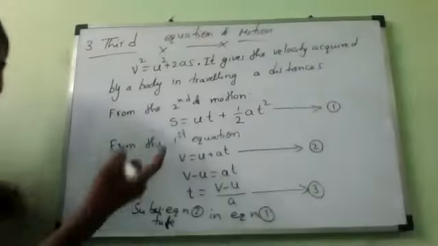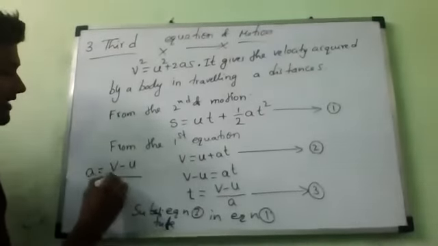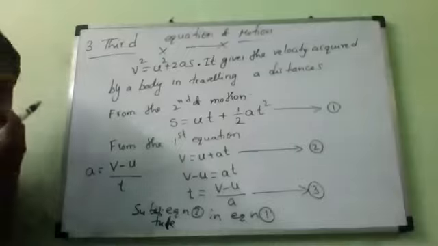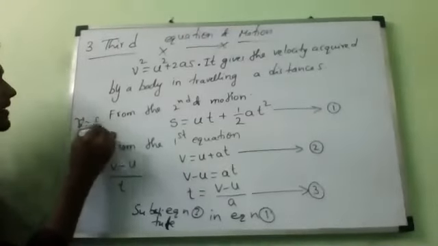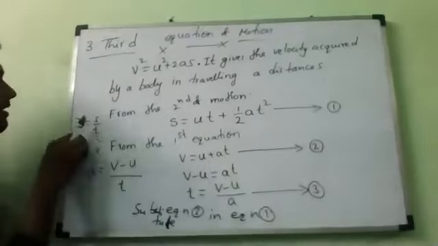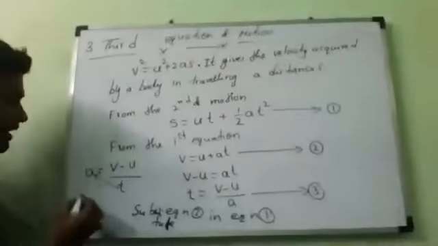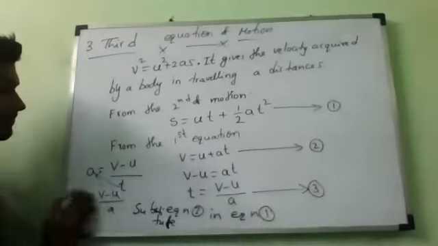Sir, can you say once again how t is equal to v minus u by a? t is equal to v minus u by a. Acceleration is equal to what? Final velocity minus initial velocity by time. That's all. Now, like speed, you tell me, speed is equal to what is the formula? Distance by time. Time is equal to distance by speed. The same way, t will come here, a will go here. So t is equal to v minus u by a. The same thing we got.